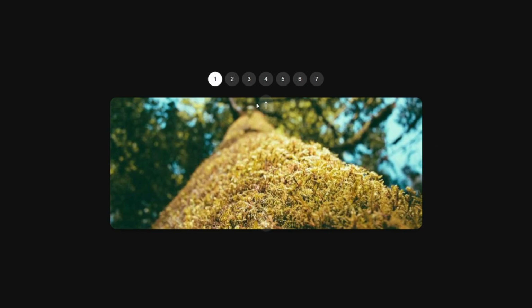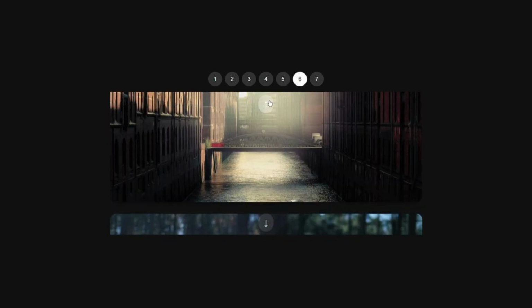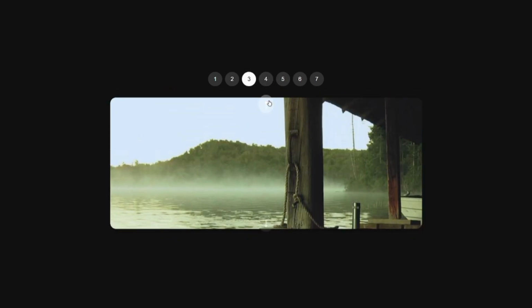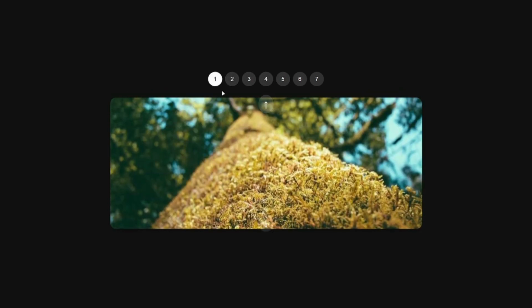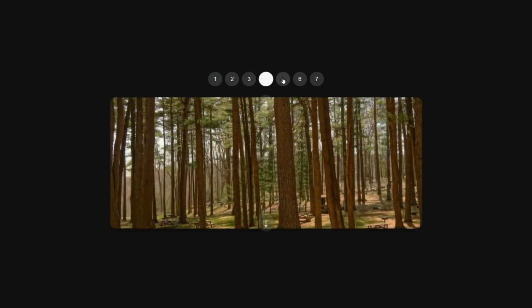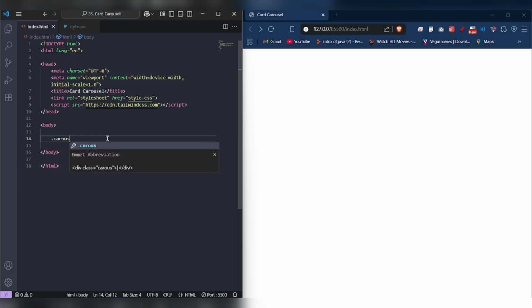Everyone, in today's video, I'm going to show you how to create a card carousel using HTML, CSS, and JavaScript. This carousel will let us slide cards up and down and also jump to a specific card using tabs at the top. Let's get started. In HTML, first we create a container, div class carousel-container, which will hold everything related